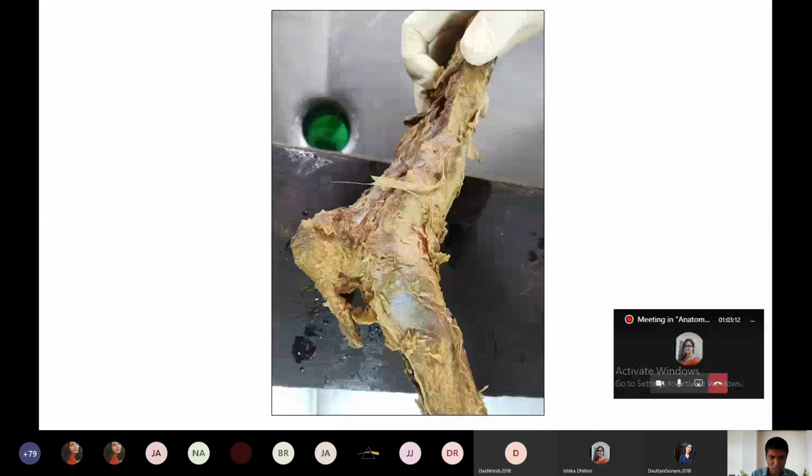So this one is the ankle joint. We are trying to show you the ankle joint. In the ankle joint, the ligament which is placed medially is important. So this ligament is the deltoid ligament. Okay, we do not have more photographs than this of the ankle joint. So this ligament is the deltoid ligament. After this, we have completed. Time is also going to complete.